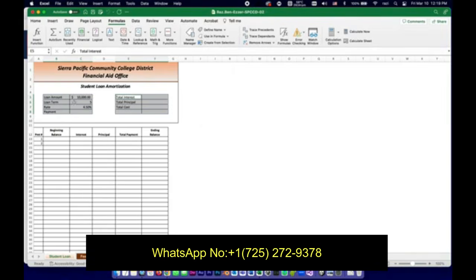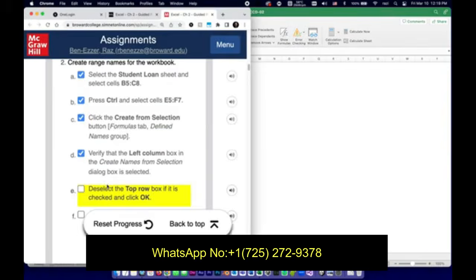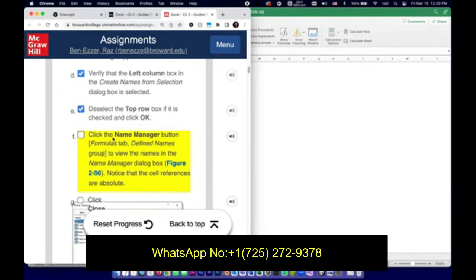And it doesn't look like it asked me anything. Next. It must be something that might be appearing on Windows. I didn't see it. Click the Name Manager button, which again is in the Formulas tab,